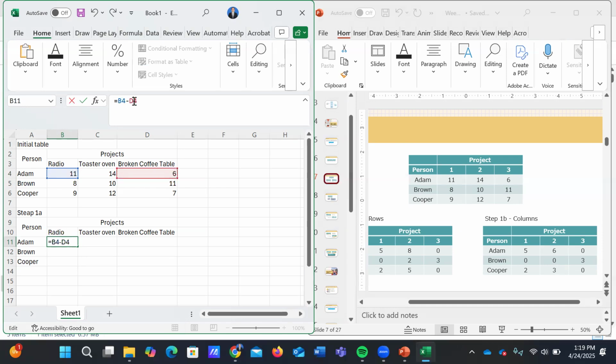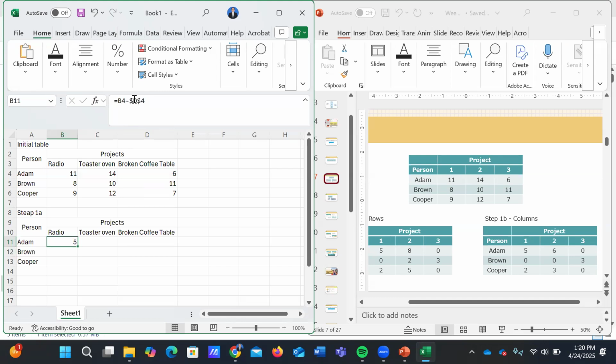Because this number will be subtracted for every value here, we will make this cell absolute. Enter.